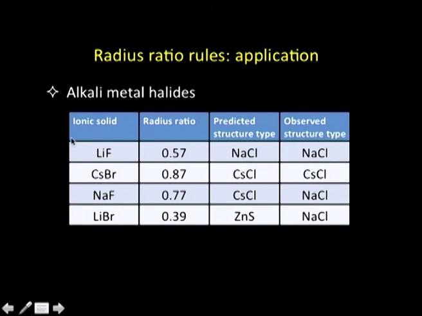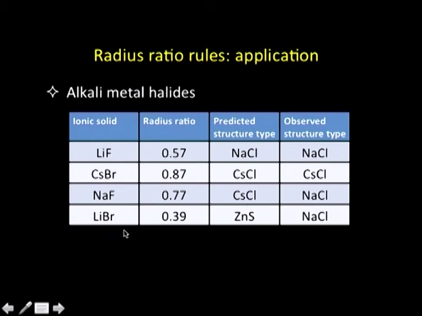We take typical examples of alkali metal halides, that is lithium fluoride, cesium bromide, sodium fluoride, lithium bromide, and so on. We find that the radius ratio for this is 0.57. For 0.57, we expect it to adopt the sodium chloride type structure, and what is observed is also sodium chloride. Cesium bromide, we expect to be of cesium chloride type, and it is observed the same way. For sodium fluoride, since the radius ratio is very large, 0.77, we expect it to adopt a cesium chloride structure,